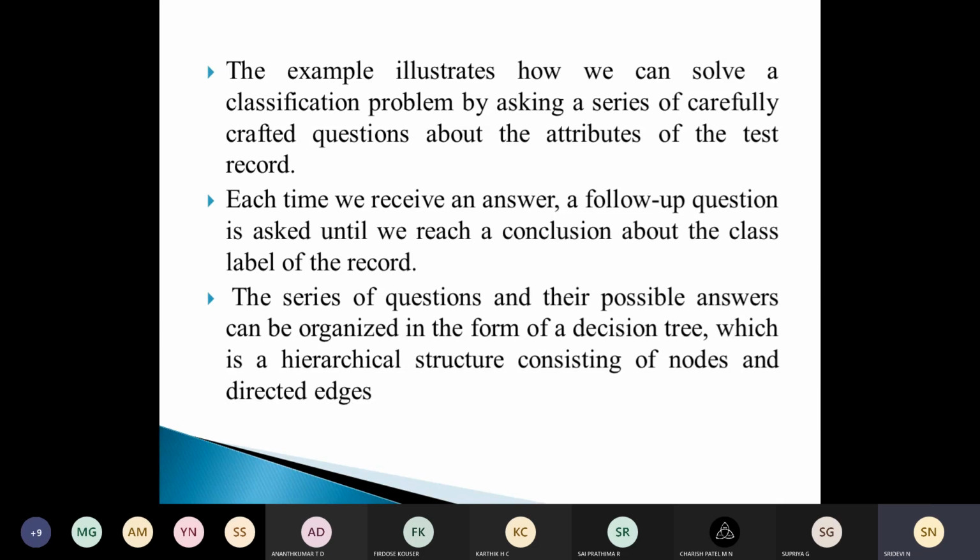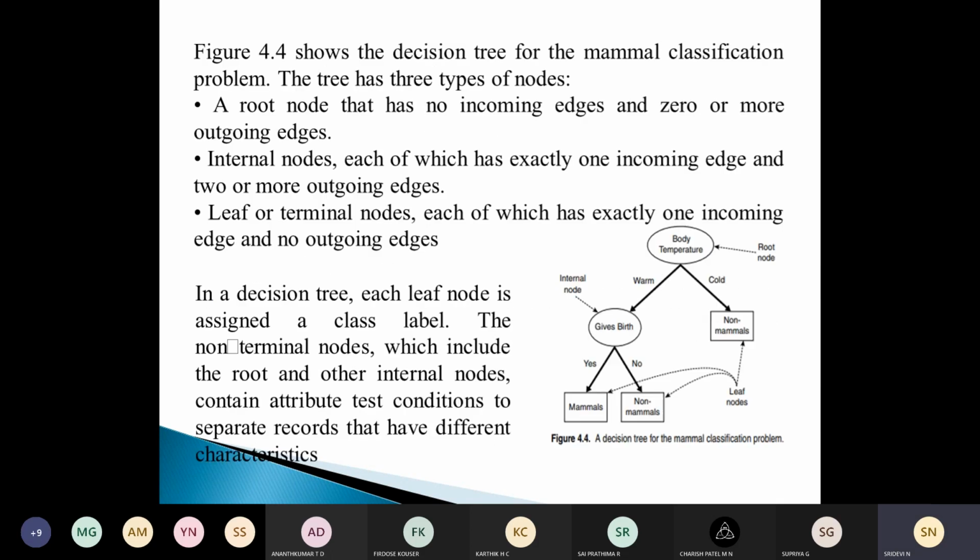We construct a tree, a hierarchical structure with nodes and directed edges, ask a series of questions, and branch accordingly, whichever answer is suitable for that question, and we continue like that until we reach a conclusion about the class label of the record. As an example, this figure 4.4 is a decision tree for the mammal classification problem.